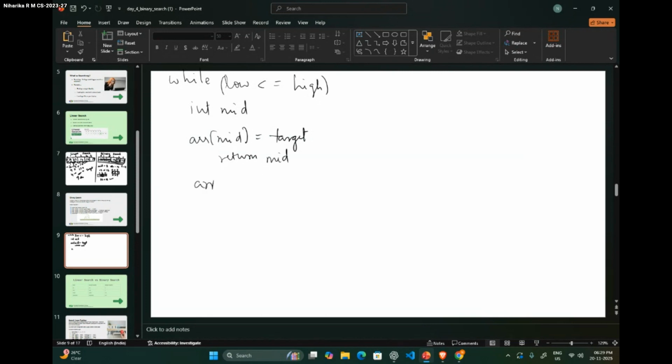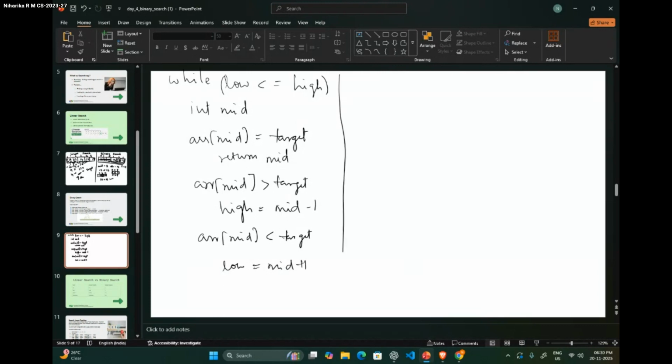If array of mid is greater than target, what do we do, guys? If array of mid is greater than target, we will do high is equal to mid minus 1. If array of mid is less than target, we'll do low is equal to mid plus 1.